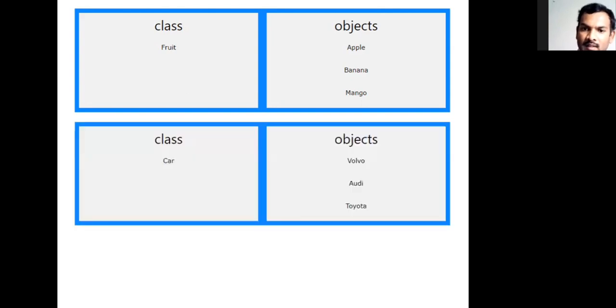And there is one more example, and the objects are Volvo car, Audi car, and Toyota car. All these are cars existing physically, and all these cars are following one template called car. A car can be specified with some properties like brand, its color, and its price. So a class represents the template which objects have to follow, whereas the object is an instance of the